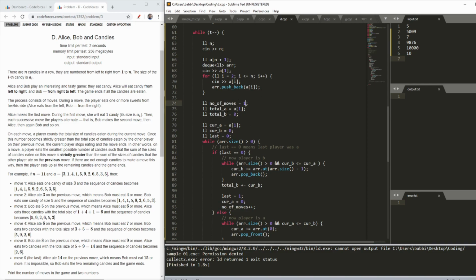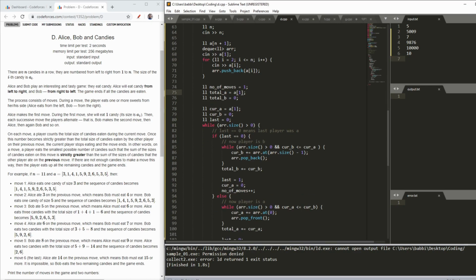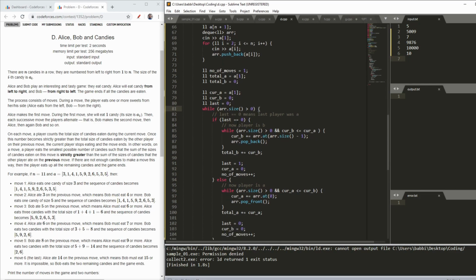The number of moves is initially 1, as I already opted for the first element for my Alice. I choose the first element for Alice. So now, until the whole DEQ is exhausted, I will run my while loop.